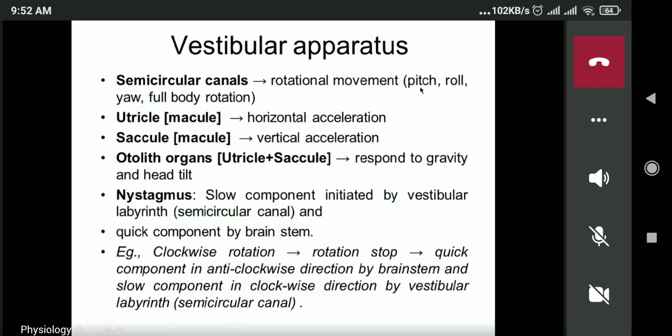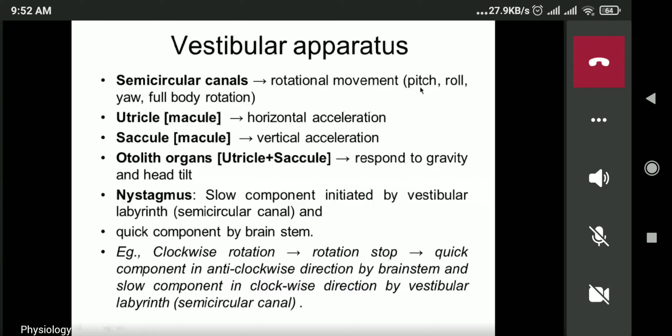So when you are driving a scooter or motorbike or a cycle, whatever it may be, your acceleration is horizontal. Simple to understand, right? At that time, which hair cells are stimulated? The hair cells present in the macule of the utricle are stimulated. From there the reflex action originates, keeping your tone, posture and equilibrium in a normal state, right?